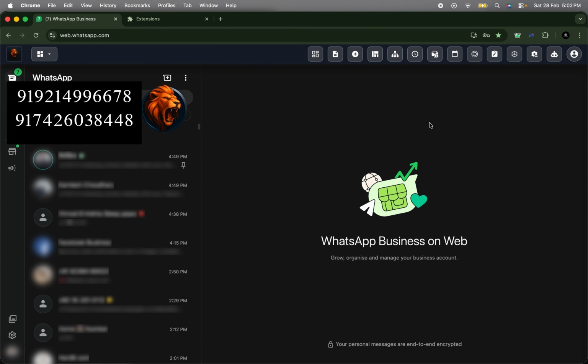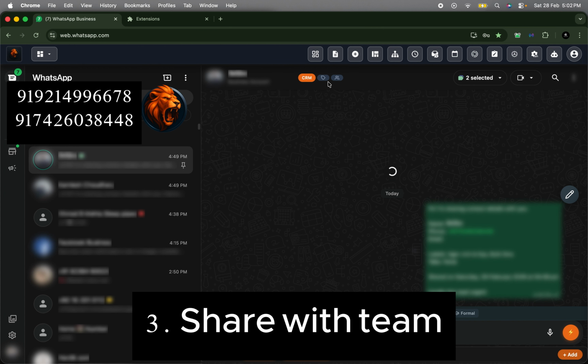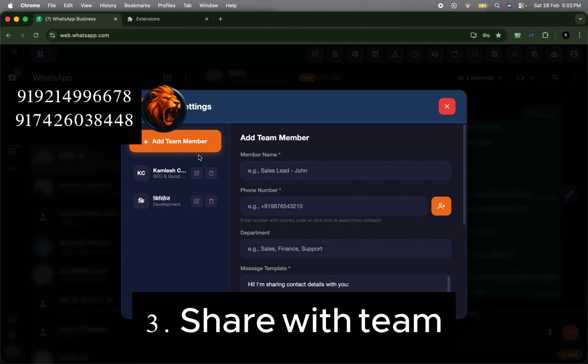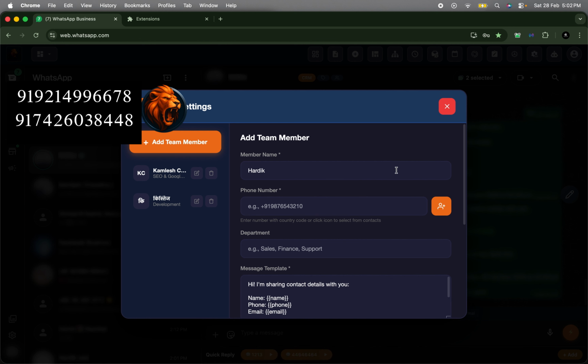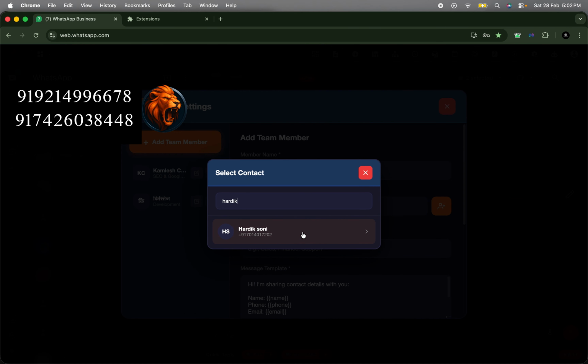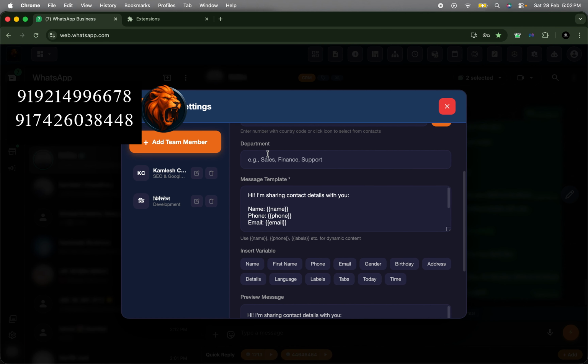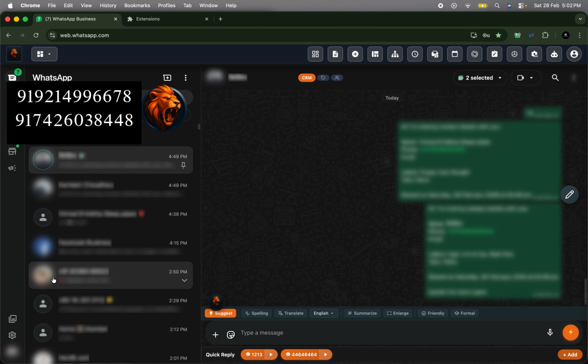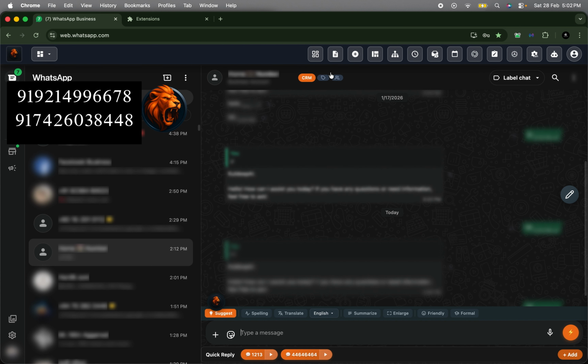So the third option you have is now you have the option to share the leads with your team members. Okay, you can quickly add a new team member here. And you can quickly add a team member here. You can put a department here. Okay, and edit your template, and in a single click, like if you want to share this member with